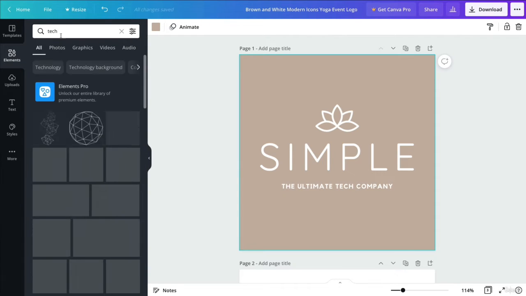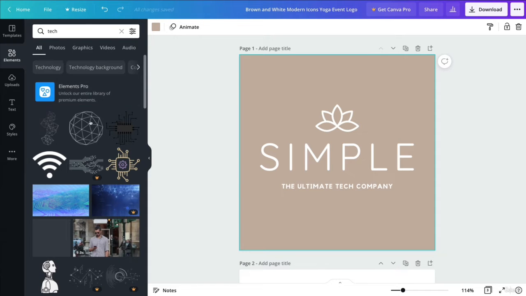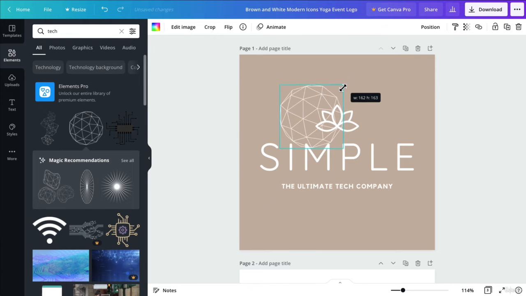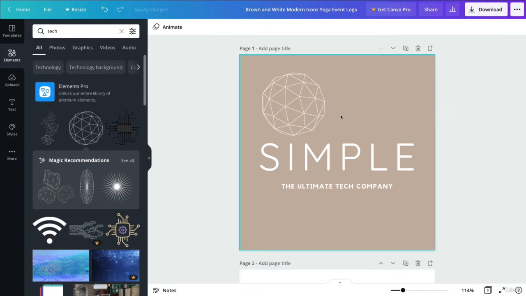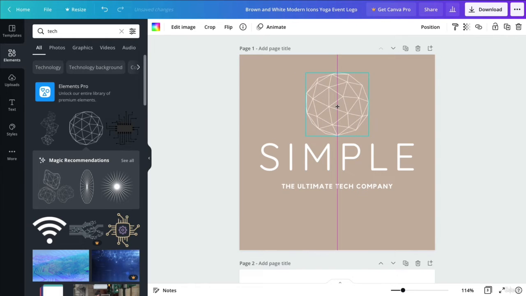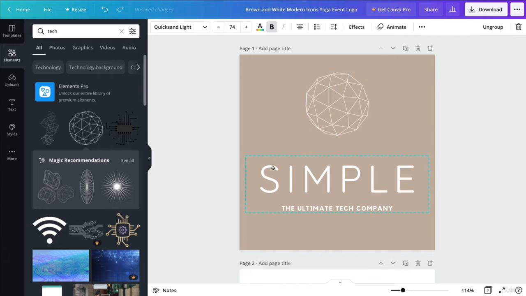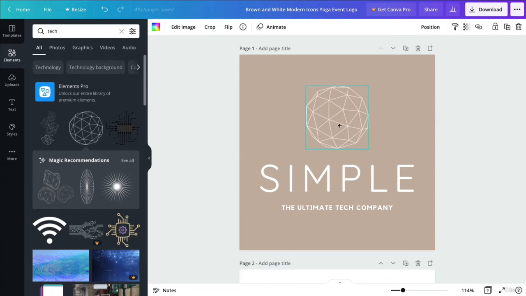So let's go over here and let's write in tech. And we can experiment with some of these concepts. So for example, this one right here, I think it looks pretty interesting. So let's delete the previous icon. So for example, we have a different variation.